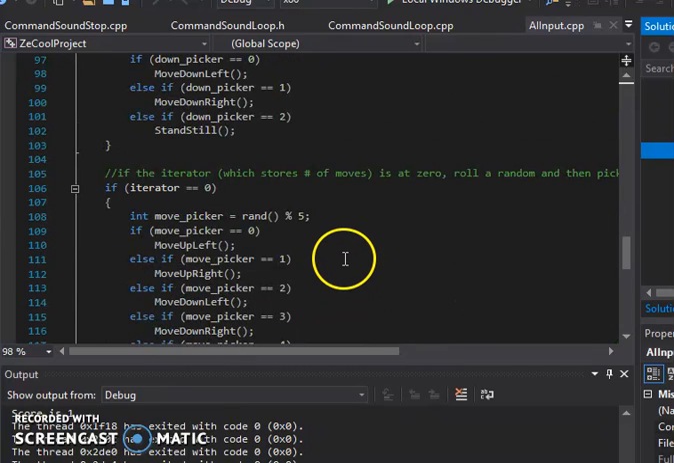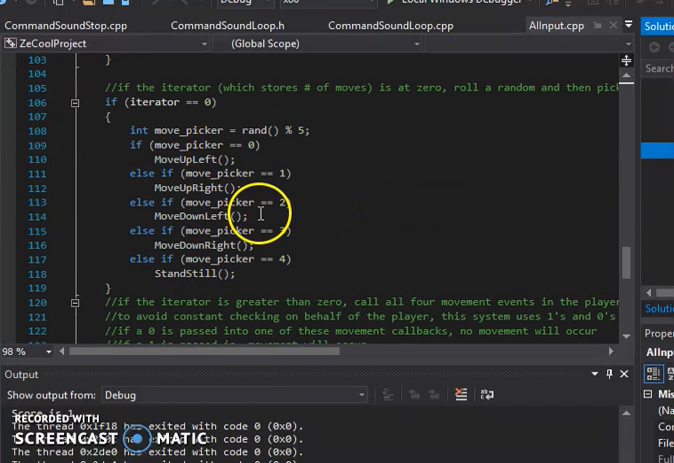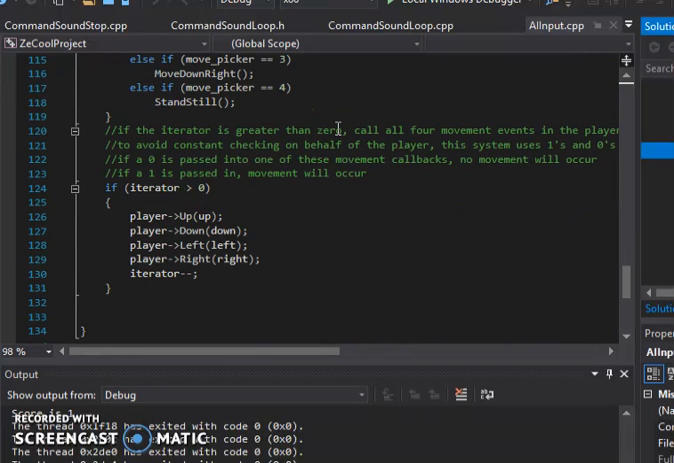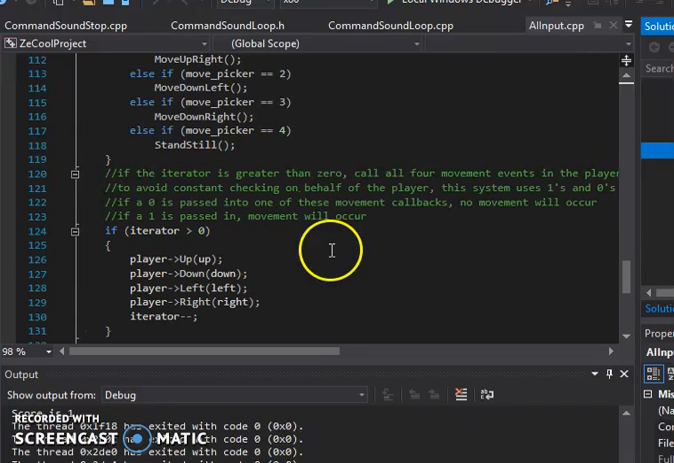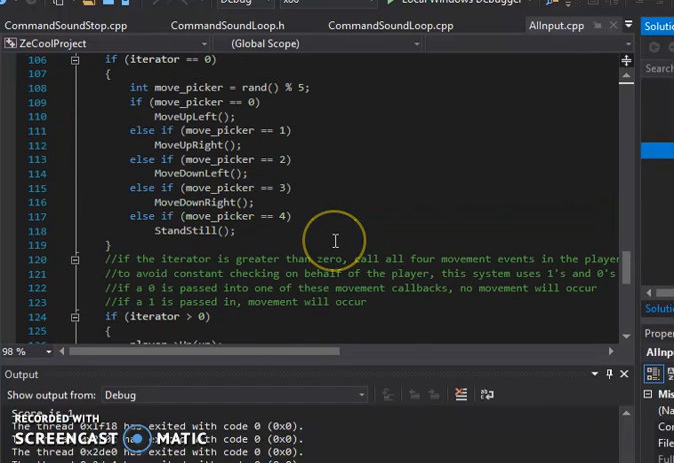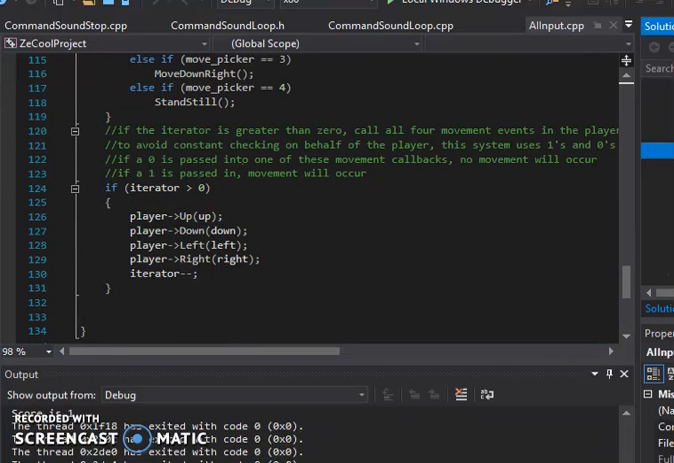And then the iterator itself, upon reaching 0, will call for a new movement to choose from, again with a random choice of 5. And then here is the most important part. As long as the iterator is above 0, it'll constantly call the player's functions and apply the actual integer passed in via whatever movement. And if we take a look at that real quick, we can see